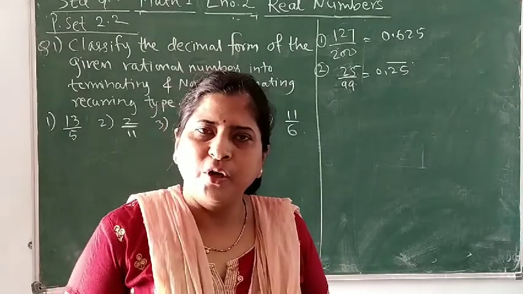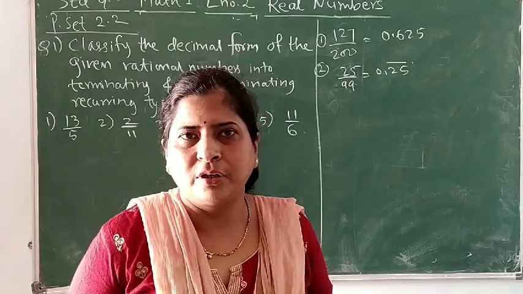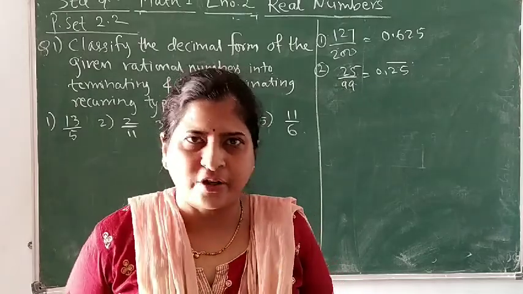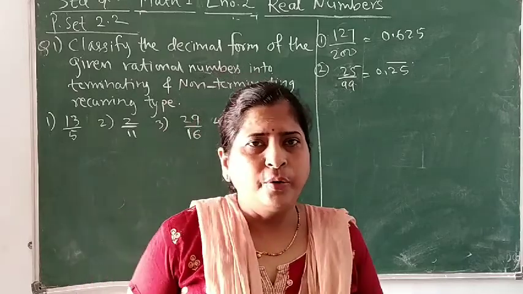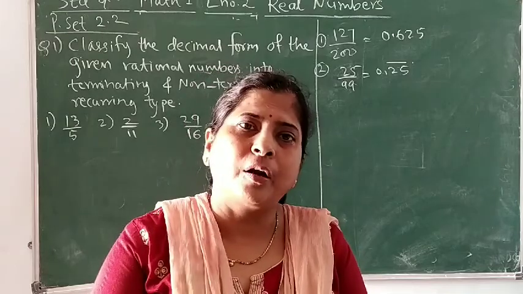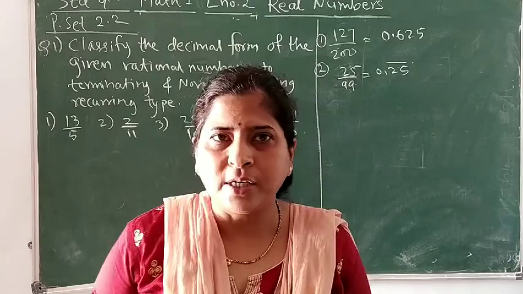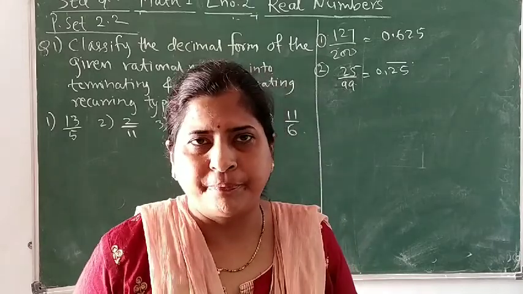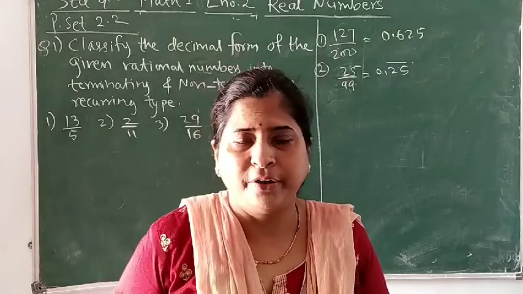Now in the previous video we recalled all the sets which we have learned so far: natural numbers, whole numbers, integers and rational numbers. How do we define rational numbers and how are they expressed, either in fraction form, that is numerator upon denominator, p upon q form, where the denominator is not 0, or in decimal form. Okay, we have solved question number 2 of practice set 2.1.